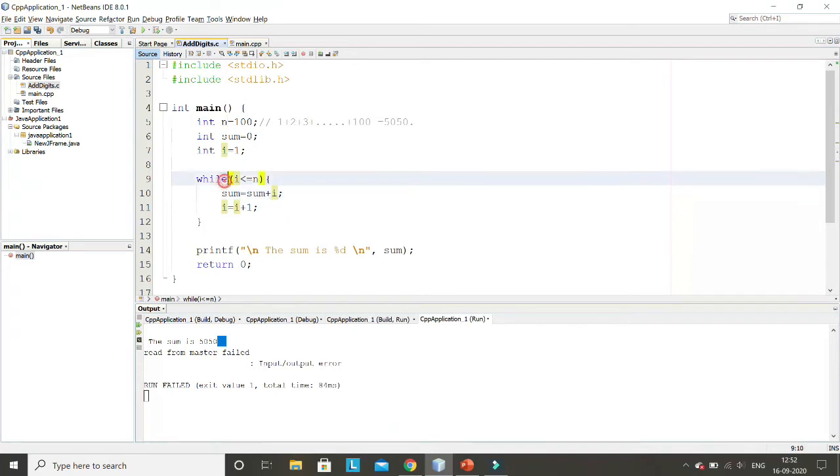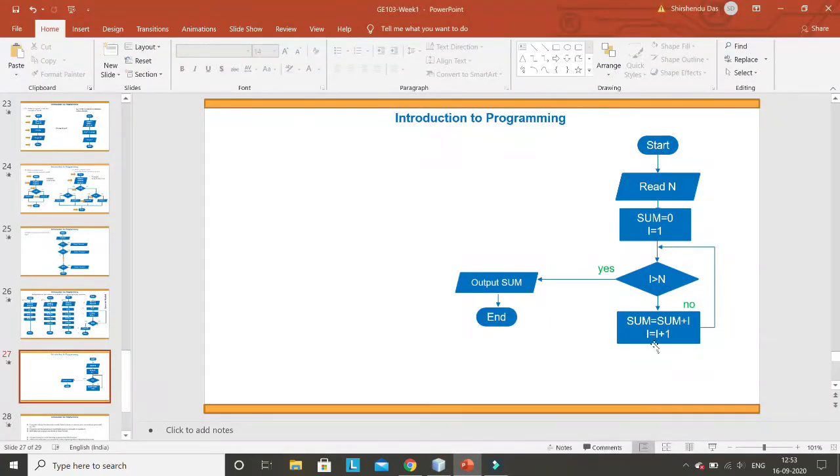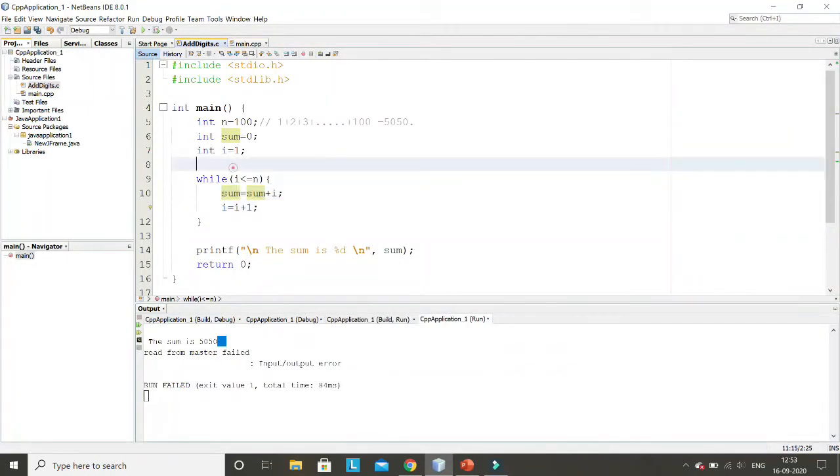Okay, so now how am I calculating this 1 plus 2 plus 3 up to 100? See, this while statement is a loop. It means that whatever is written inside this while loop, these two lines will execute again and again until this condition is false. As long as this condition is true, this will continue executing. This is called a loop. Here you can see that these two lines will be executed again and again while this condition is true. Once this condition is false, it will come out. So the while loop works in this way: while this condition is true, this will repeat again and again.